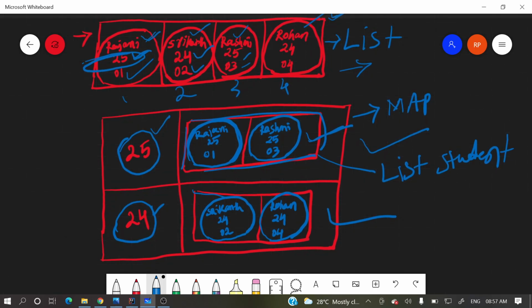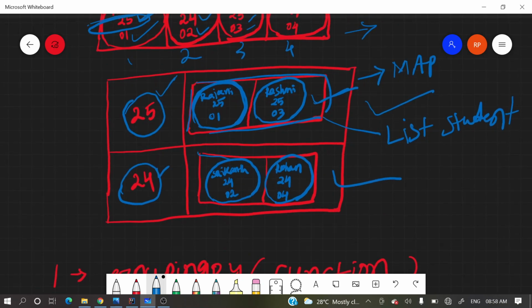Here we grouped the list by age, but you can take different attributes, such as age, salary, or name. If two or three students have the same name, it will group those students into one list and put the name as the key. So this is the key concept.